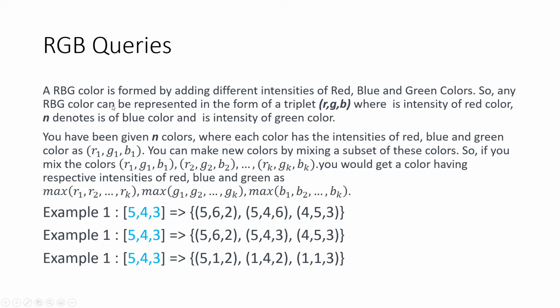So the next question is the RGB queries. Most of the people found this very difficult or a bit difficult. The question is, an RGB color is formed by adding different intensities of red, blue, and green colors. So any RGB color can be represented in the form of a triplet RGB, where